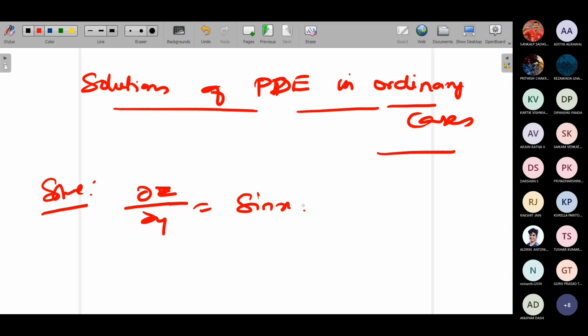So what is our idea? Our idea is to find the value of z. Integrate this. On integration, what will you get? Integral dou z by dou y. You are integrating with respect to